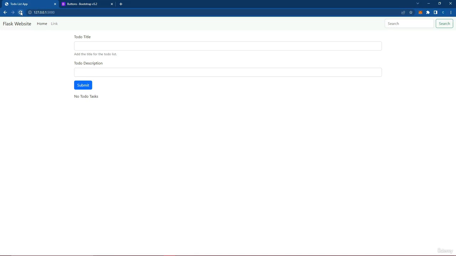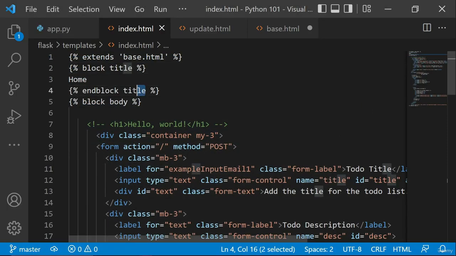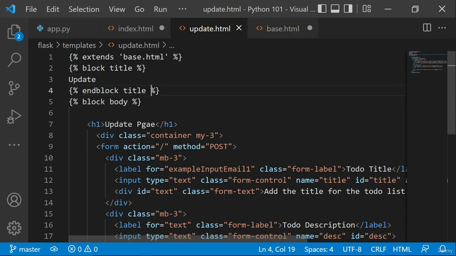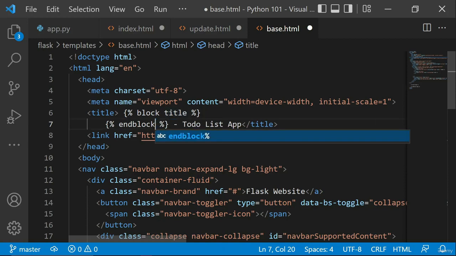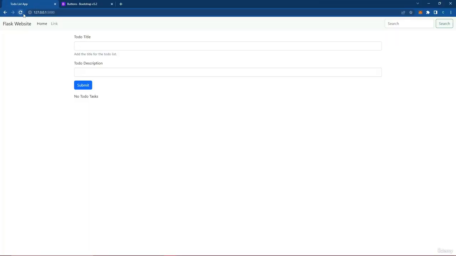If I just try to refresh, okay, it's not working, I think. So what I will do is, instead of this, I'll just try to remove this title from here, and similarly we'll make changes in all the blocks. And here as well I will just try to remove this title. We just try to save it. Now if we go back, try to refresh the page, now you can see we are getting the appropriate output